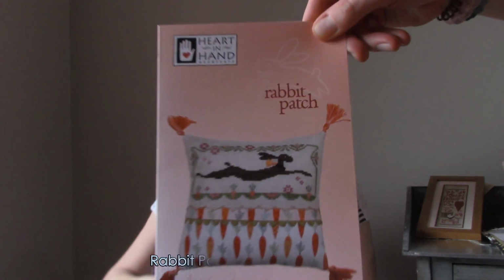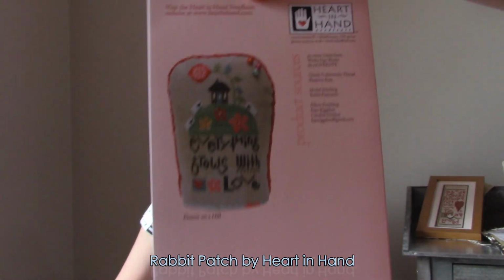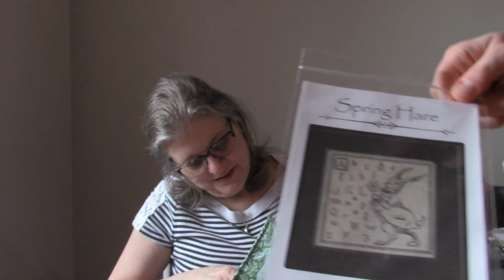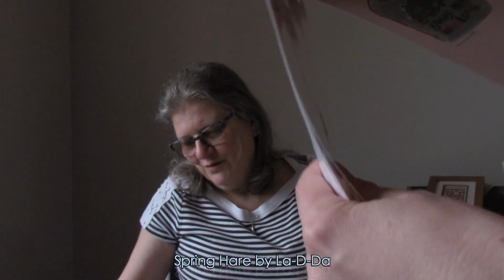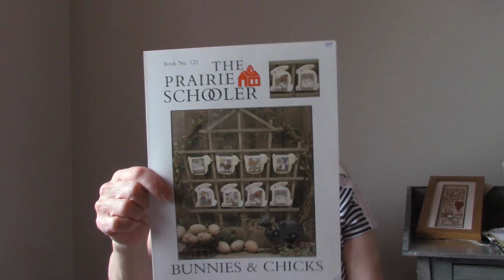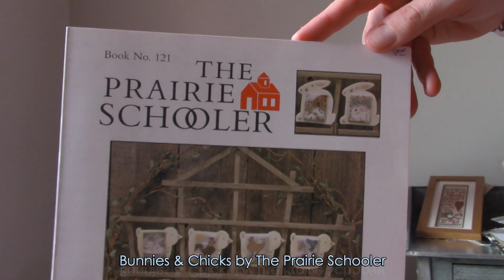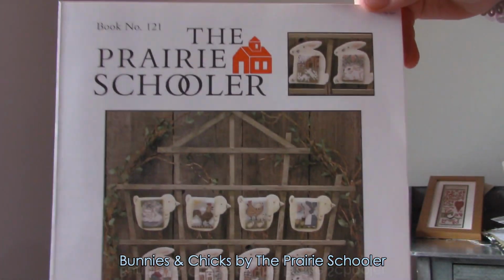This little cutie. Heart and Hand, Rabbit Patch. And then this Briar Rabbit, no, Spring Hare. I've wanted to stitch La-di-da Spring Hare too. And if I get really wild, I'd do some bunnies and chicks. Excuse me, the Prairie Schooler, Bunnies and Chicks. That's right. So you have to show this because this is my